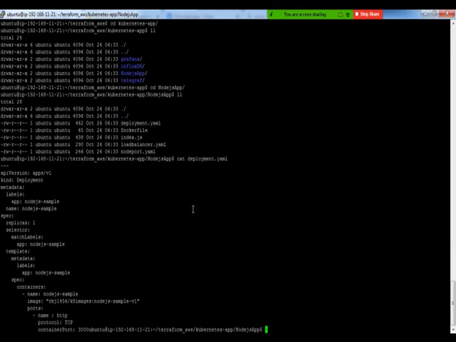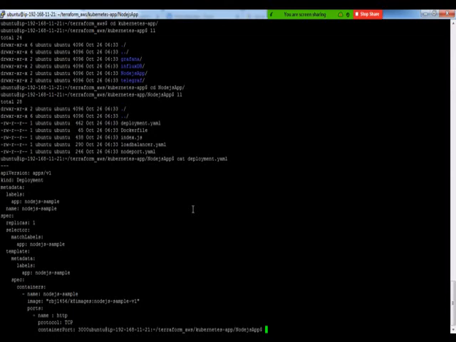The replica set is the second layer, underneath the deployment, and that replica set is going to make sure that the desired state of your app matches your expected state. So if your app has crashed for any reason, the replica set is going to spin up that app on another node. So this is the second layer underneath your deployment.